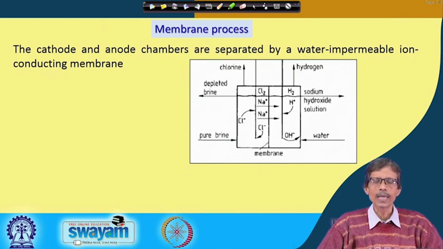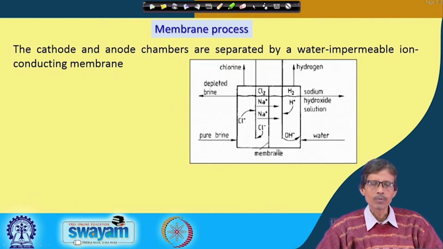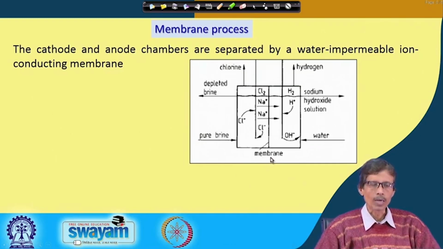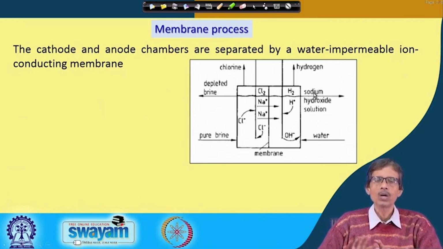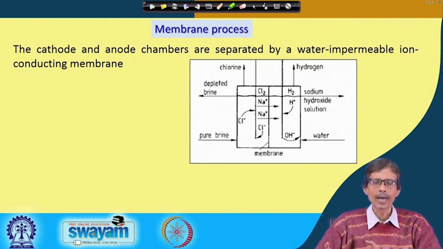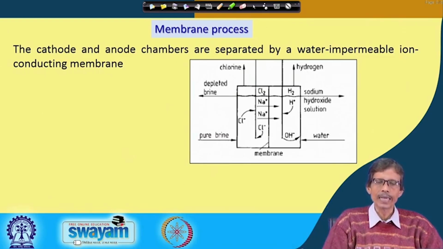So, the flow chart will tell you which particular process we are talking about, because sometimes the membrane is not given to you. Otherwise it would be quite obvious that you would recognize it as meant for the corresponding membrane process. But the orientation and the production of sodium hydroxide from one chamber towards the right hand side will immediately tell you that this is a membrane process, in which on the top right you get the production of your hydrogen gas, and on the side you get your sodium